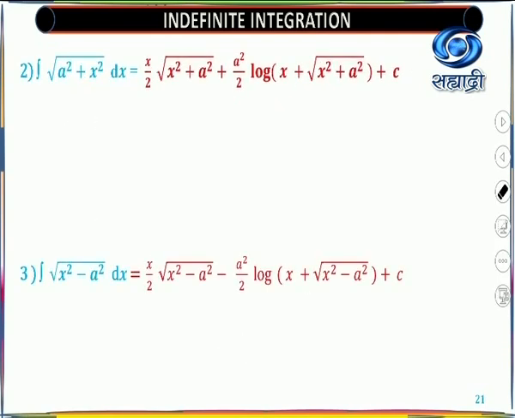That is nothing but this slide, this formula, integral of root of x square minus a square dx equal to x by 2 root of x square minus a square, and so on. So these two formulas, out of which we studied this formula, and the same method, look here. I told you this is the same method, because I am able to write here as x square plus a square. It is commutative, so you will get the same value throughout.